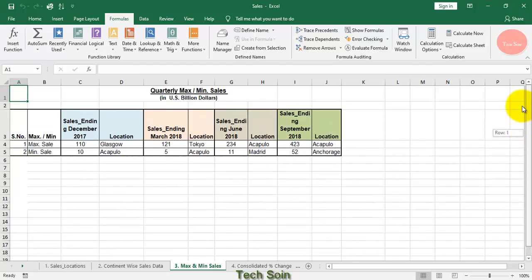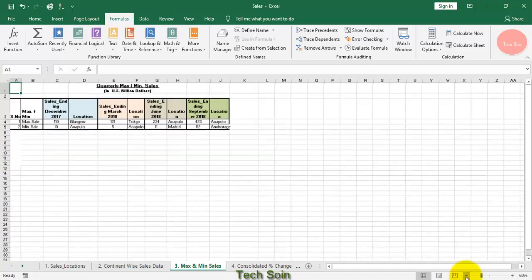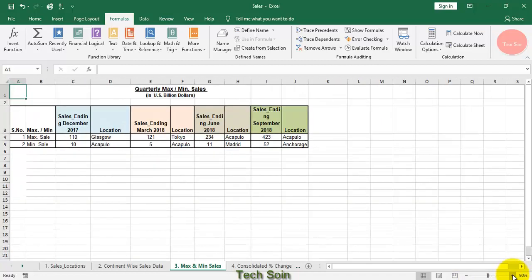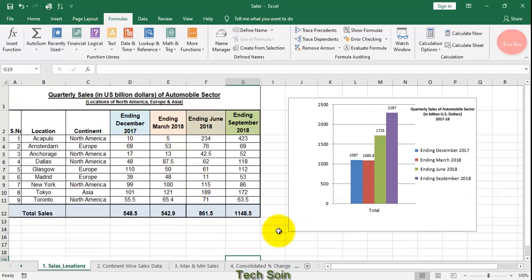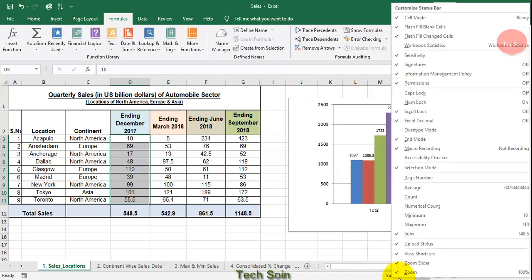This is the scroll bar. This is zoom control. This is the status bar. It displays various information about an Excel worksheet, like it is currently showing the sum of our selection or range.